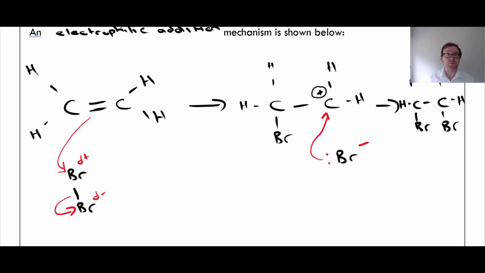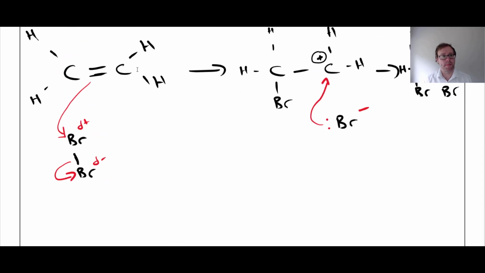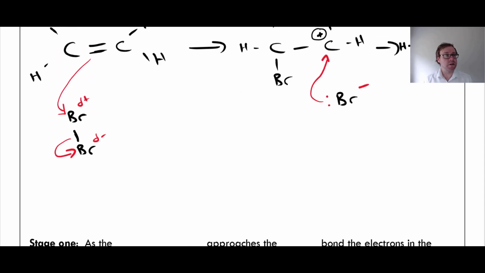So not a particularly difficult reaction mechanism, but you need to learn it. You get the marks for drawing the arrows correctly, putting the charges on, making sure you've drawn this intermediate with the carbocation here. If I was going to do the overall equation of this, then I would say that